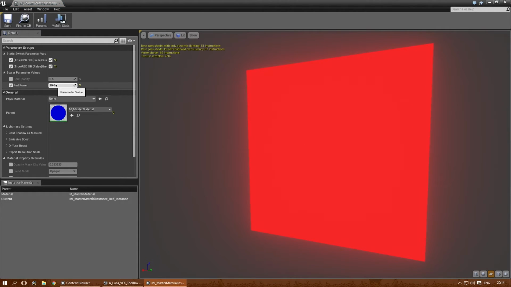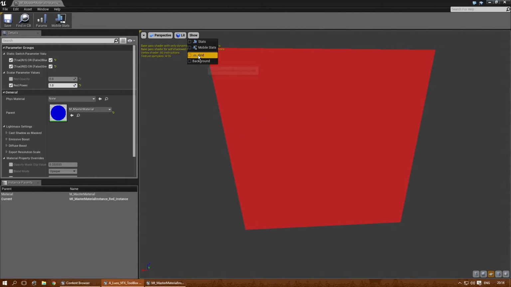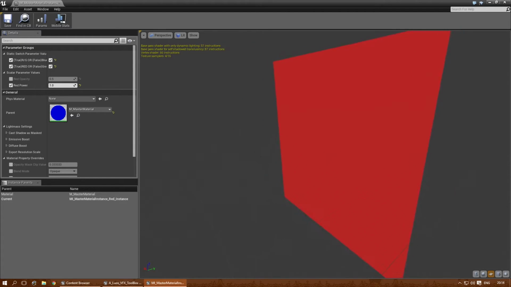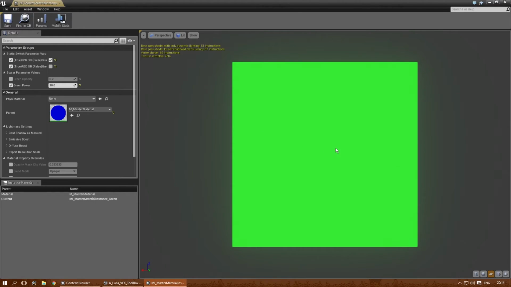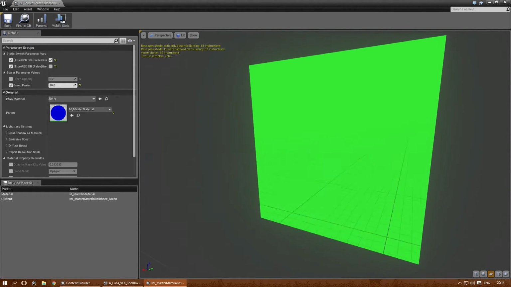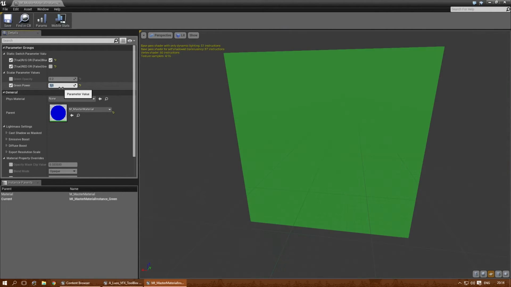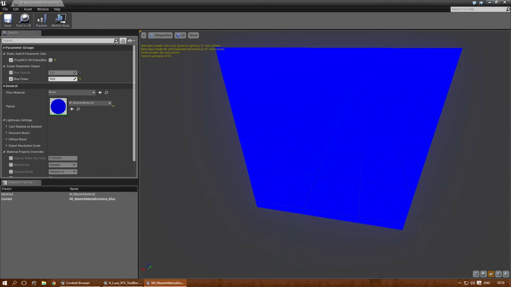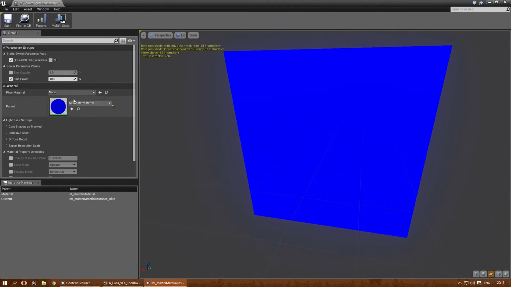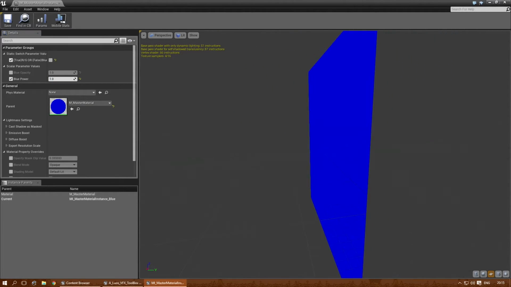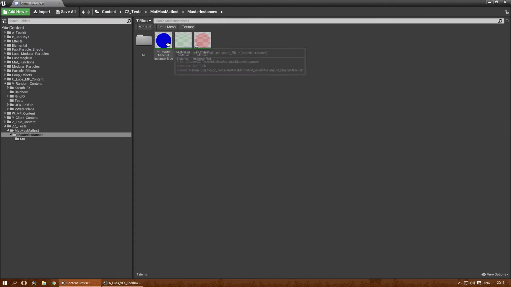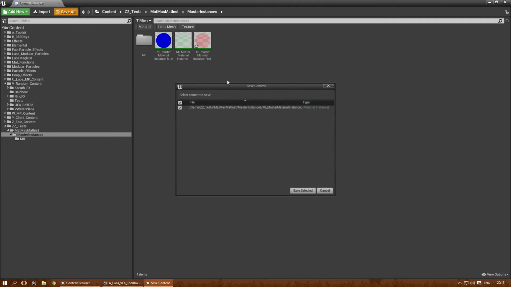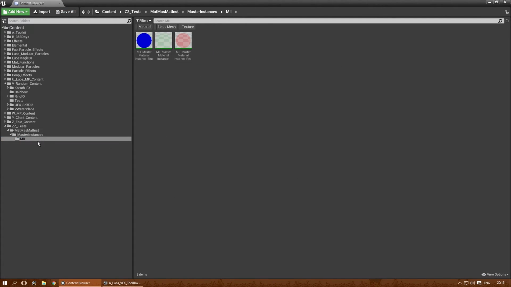As you can see, let me reduce the red opacity and actually show grid. You can see that the red one is slightly translucent because it's an opacity of 0.5. The green one has actually a much higher translucency because it has an opacity of 0.2. And it's definitely visible when I lower the power of this. And then there's the blue one, which doesn't have any translucency at all. And there we go. You can definitely see it in here. The blue one has no translucency, the green one is very translucent, the red one is half translucent. Material instances though,